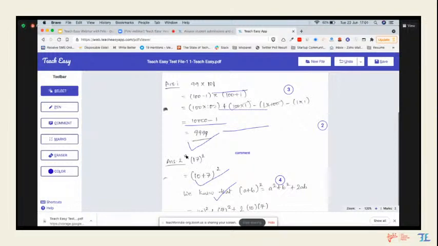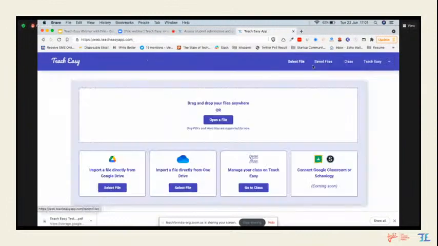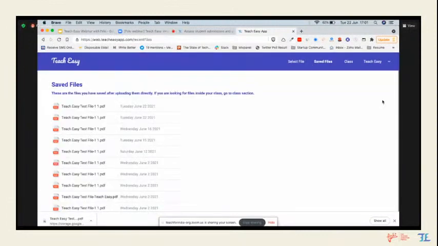Second point is, as a teacher, if you want to remove those files, let's say your school says that the file should not be saved elsewhere, we can build a feature to give a delete option. For example, all the files that we are showing up here in the saved files, we can give an option to delete from here. And you can select multiple and then delete at once. I'll take this as feedback.